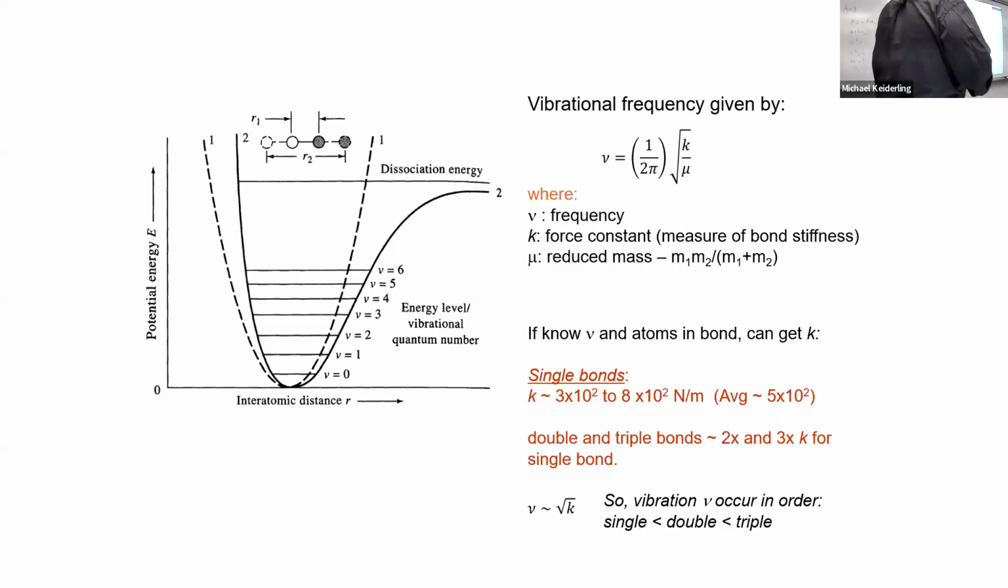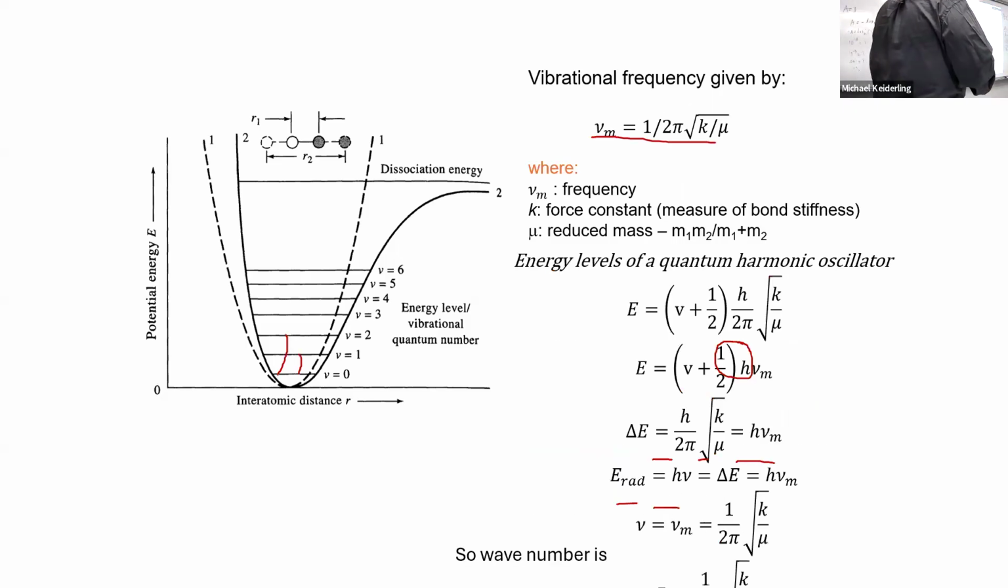And the energy levels, the vibrational frequency is 1 over 2 pi times the square root of k over mu. It turns out the energy levels for a quantum harmonic oscillator are v plus 1/2 times h bar times 2 pi times the square root of k over mu, which is just